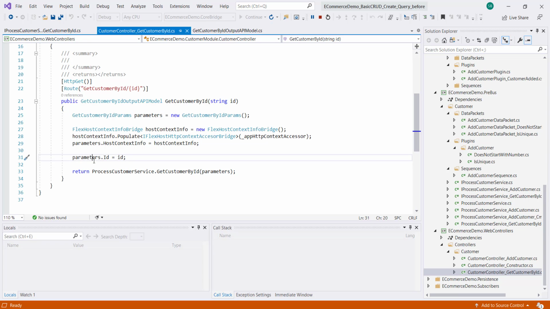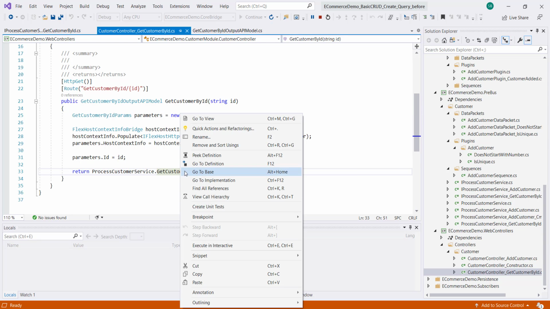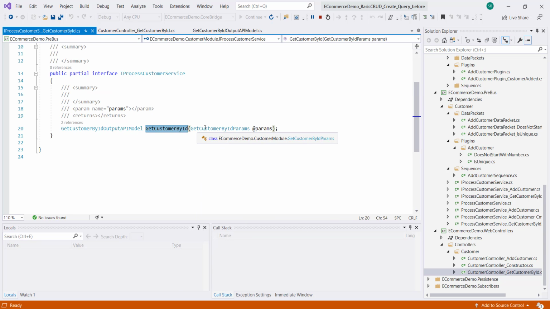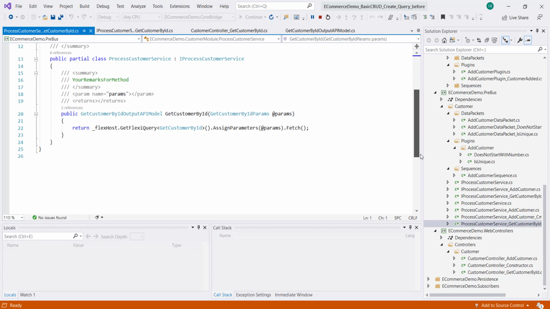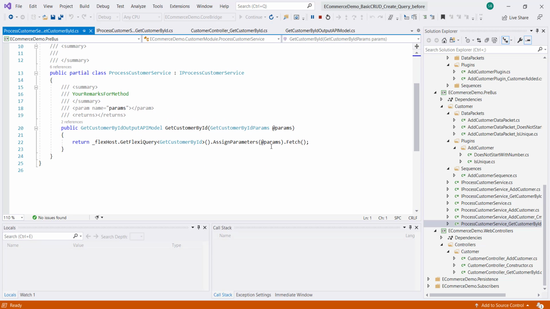So we are passing the ID that is received from the get customer by ID to the parameters. Then the control goes to the process service. The process service in turn calls the query here. That's the difference. There is no bus or no message available here.